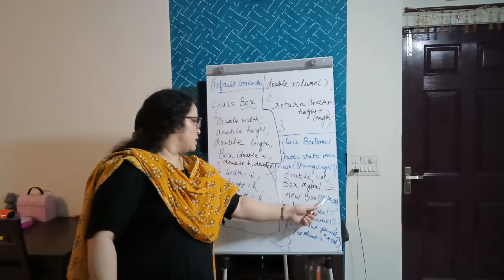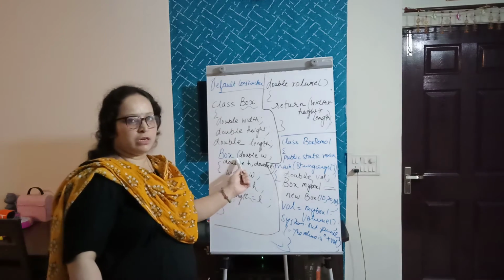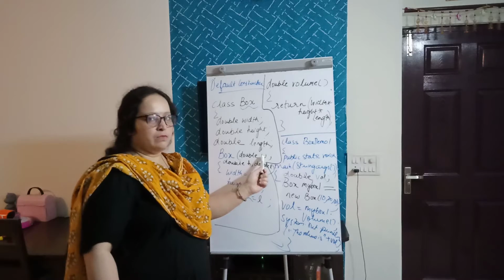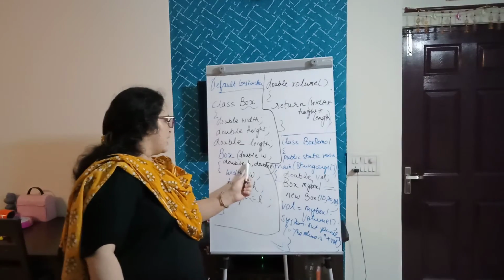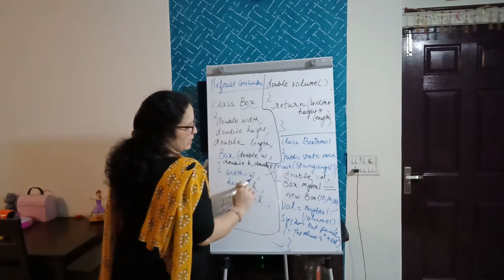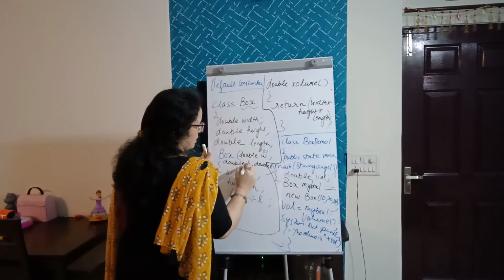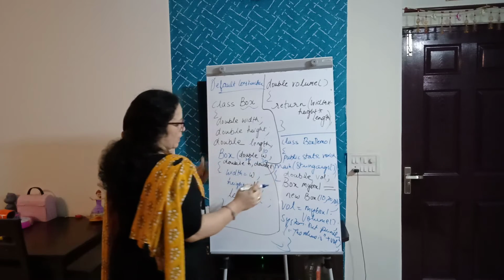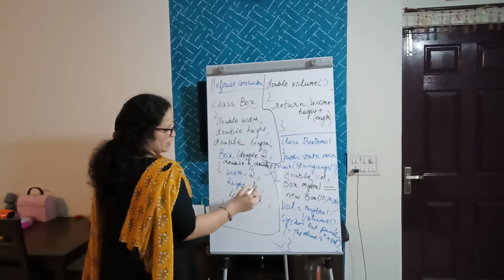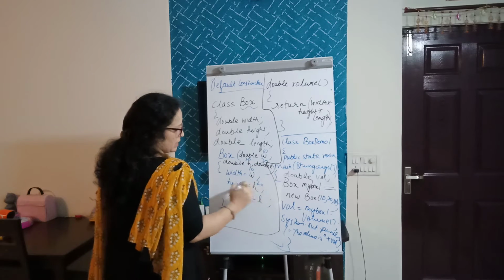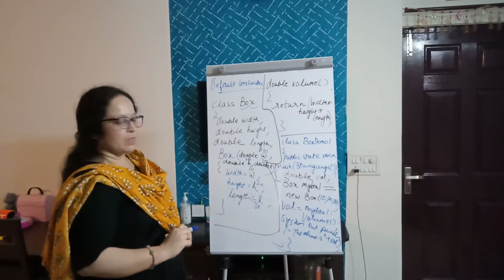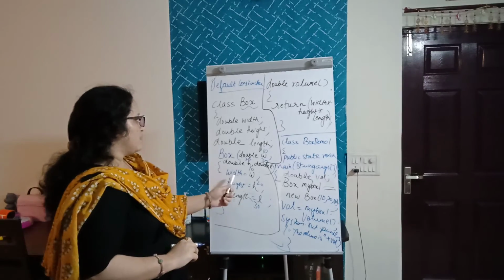This box will go to this parameterized constructor. To this W value 10 will be passed, to this H value 20 will be passed, and to this L value 30 will be passed. 10, 20, 30. Now the value of W is 10, so 10 will be assigned to width, then 20 will be assigned to height, and 30 will be assigned to length. Okay, so the values have been assigned.